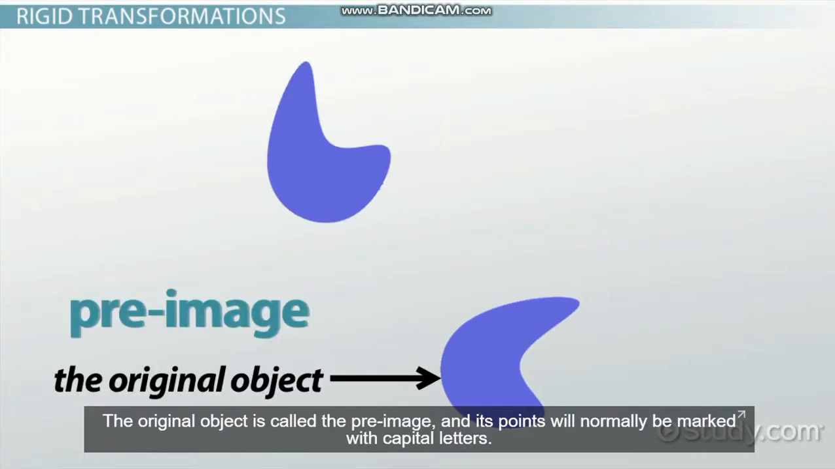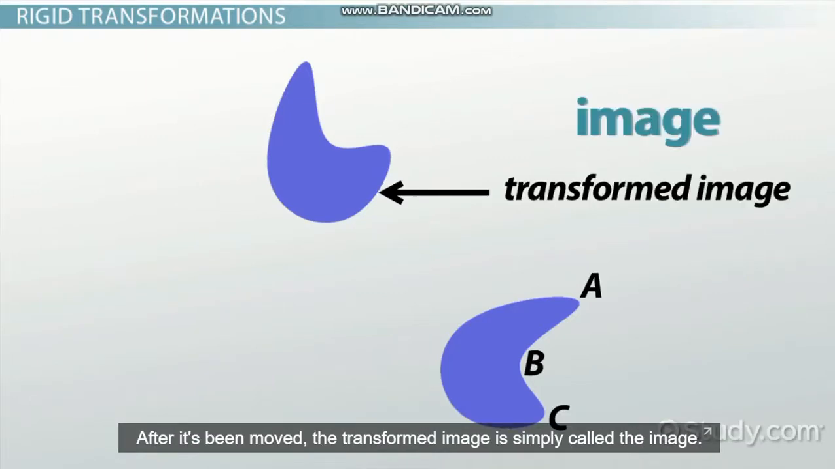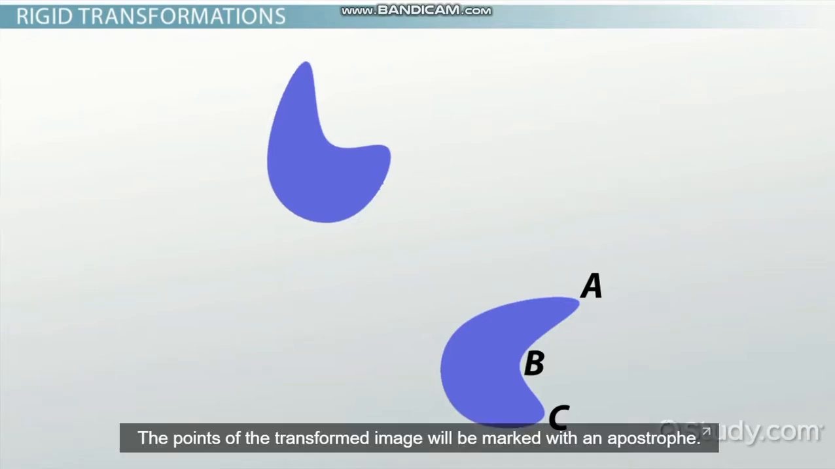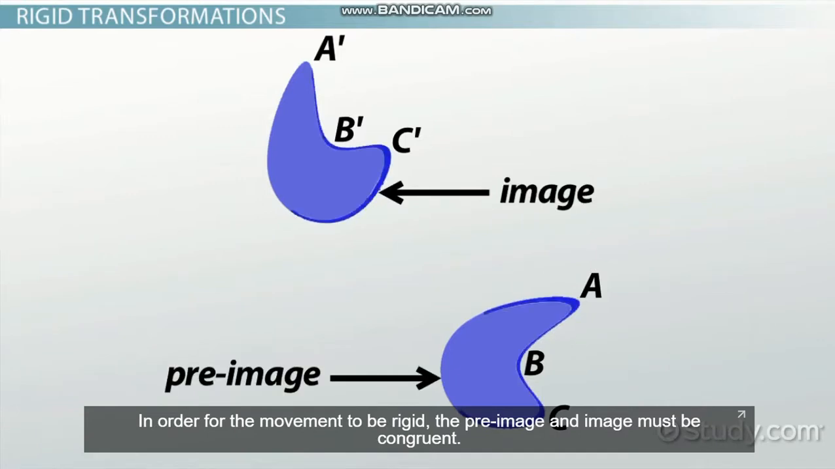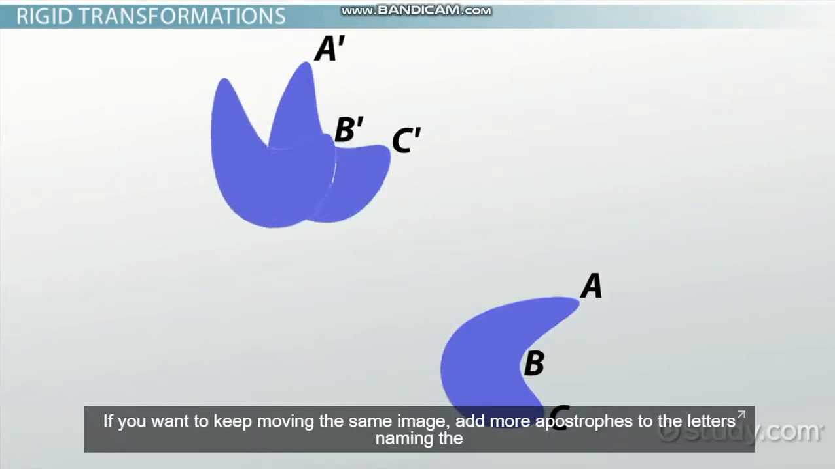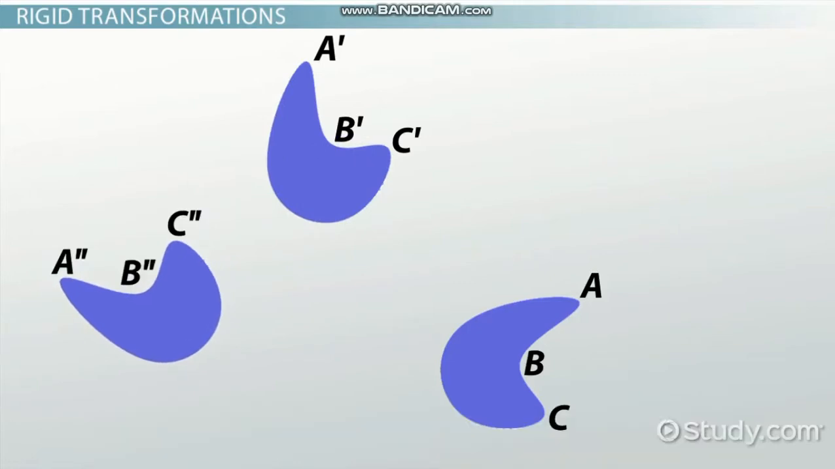The original object is called the pre-image, and its points will normally be marked with capital letters. After it's been moved, the transformed image is simply called the image. The points of the transformed image will be marked with an apostrophe. In order for the movement to be rigid, the pre-image and image must be congruent. If you want to keep moving the same image, add more apostrophes to the letters naming the points after each